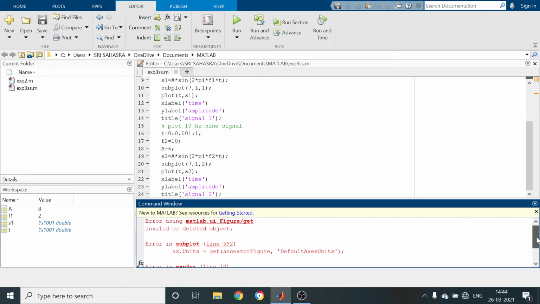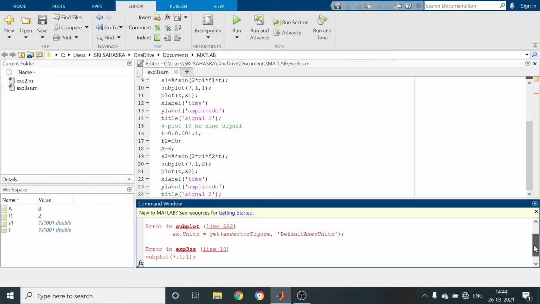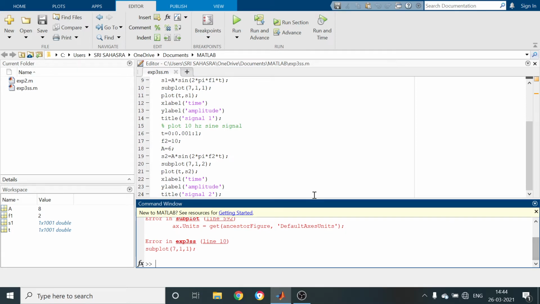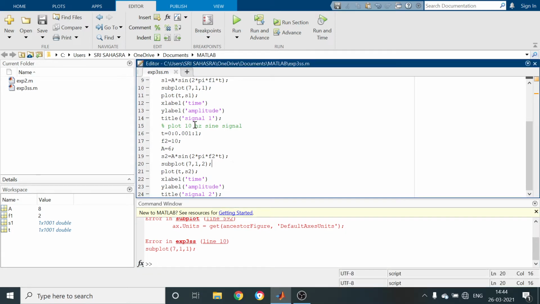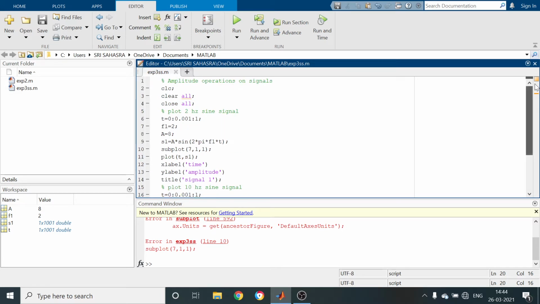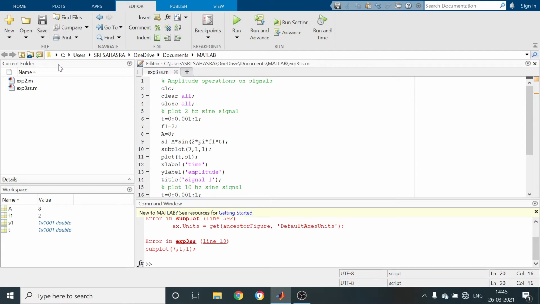Error using matlab.ui, line 10. Yes, I am going to save the program. Save as.